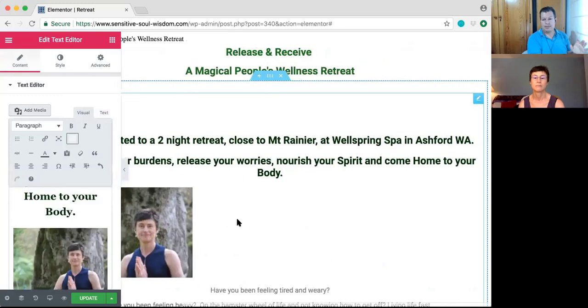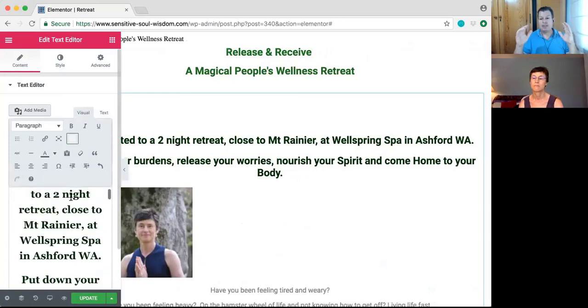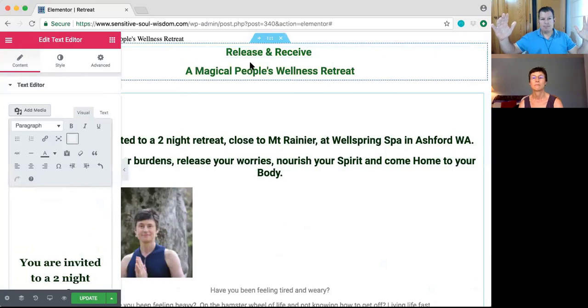What we are going to do is put some picture on top, now in the background of the section. Okay. So the question is release and receive a Magical People's Wellness Retreat. They are going to be in the section. Do you want something else to be also added in the section where you are going to add the picture